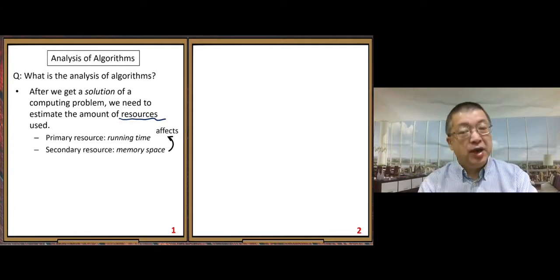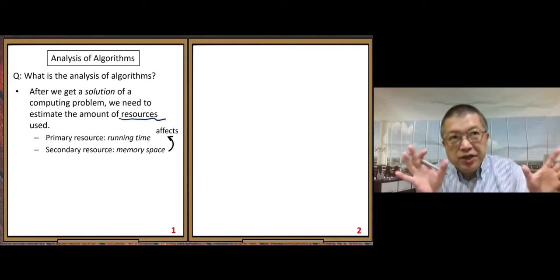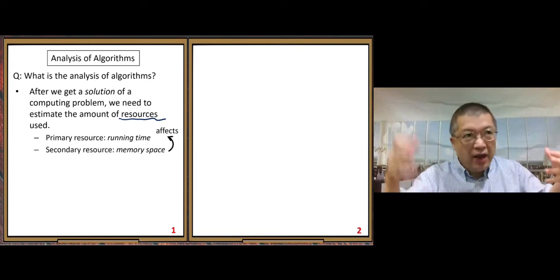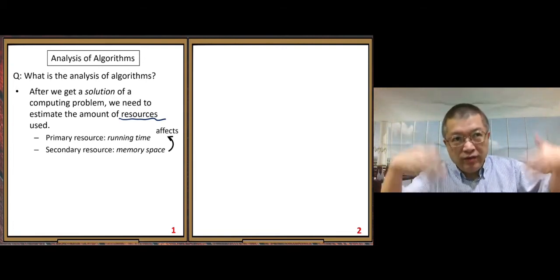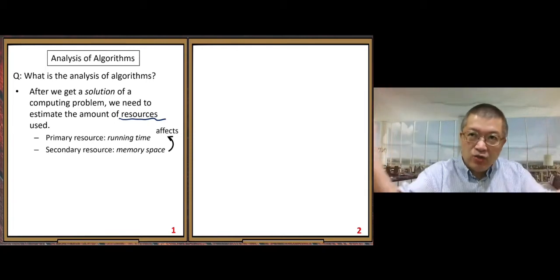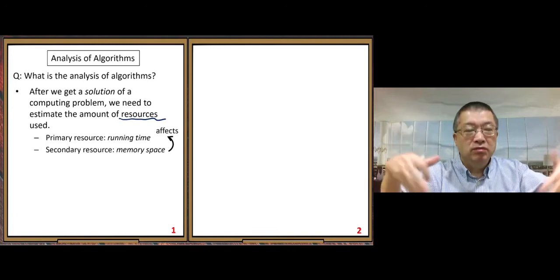In other words, if your algorithm does not use memory space efficiently, so it wastes a lot of memory space, then when you run your program for some time, the memory space runs out quickly, so then your program